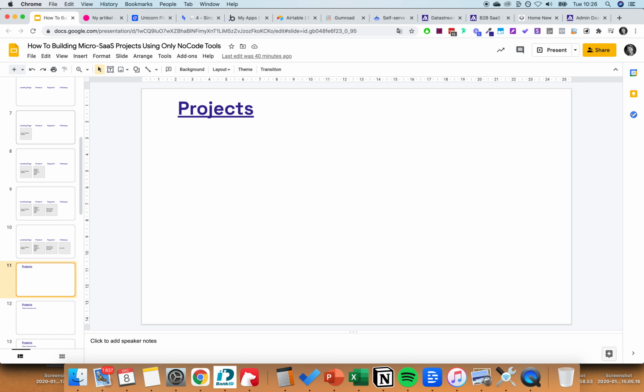Now on to the projects. I have a lot of ideas, and that's actually one of the great things about NoCode, but also the downside of NoCode. Because when you realize that you actually have the skill set now, especially with Bubble and Integromat and the combination of a NoCode stack, you have the ability to build out almost any product you can think of in a matter of days or weeks, or in some cases even hours. And that means that if you're creative and you have a lot of ideas, you are stretched in so many different directions. So you really have to be focused and just commit